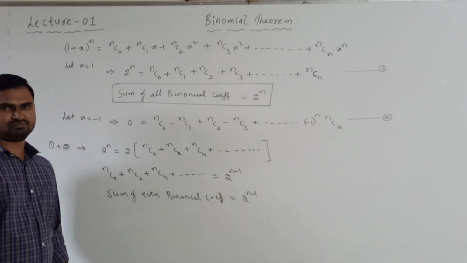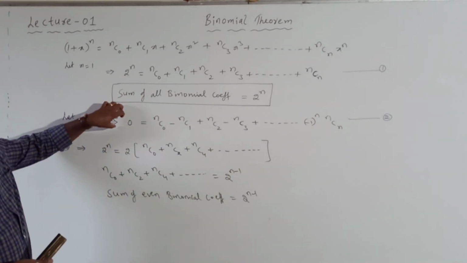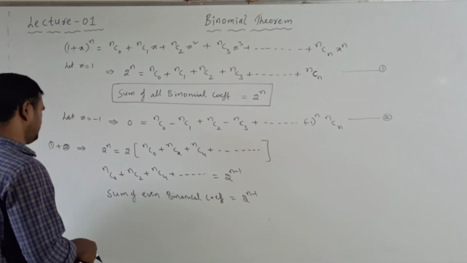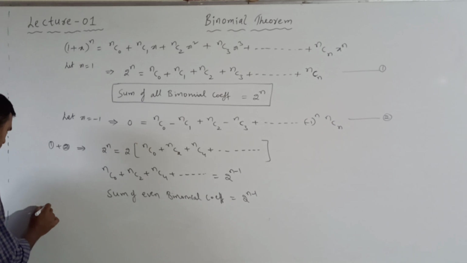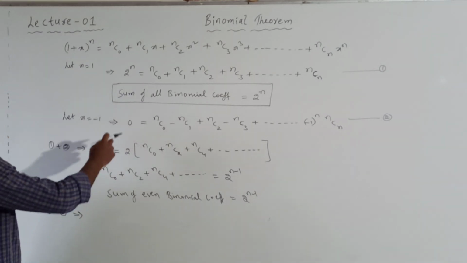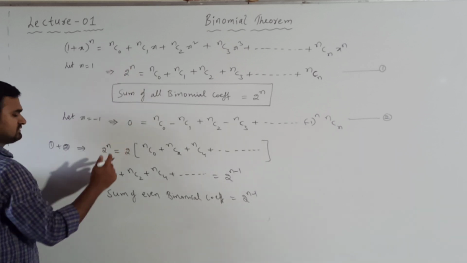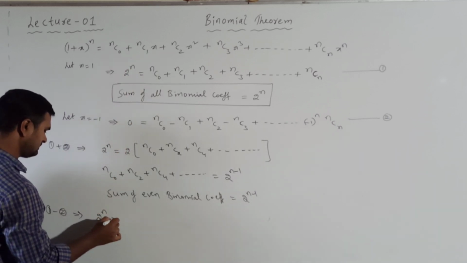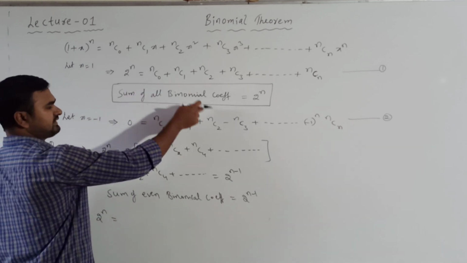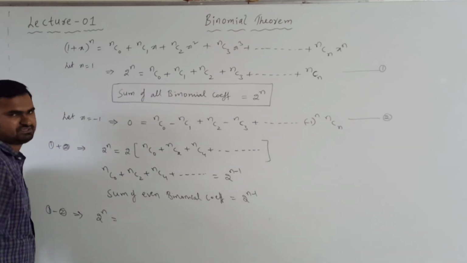N minus by adding these two. Now similarly, if I subtract, see what we will get. 1 minus 2, subtracting again, 2 power n minus 0, we get 2 power n. Now if I subtract, the even terms cancel. Now we get odd terms.